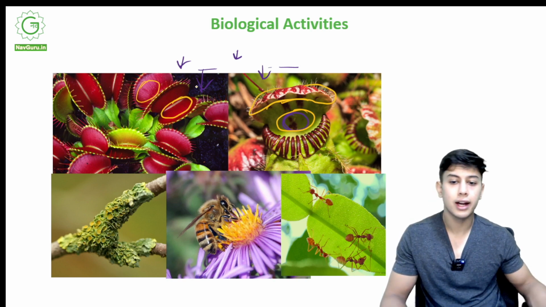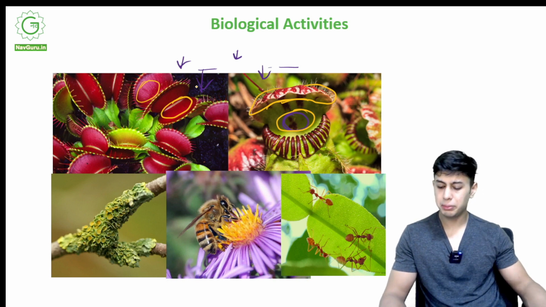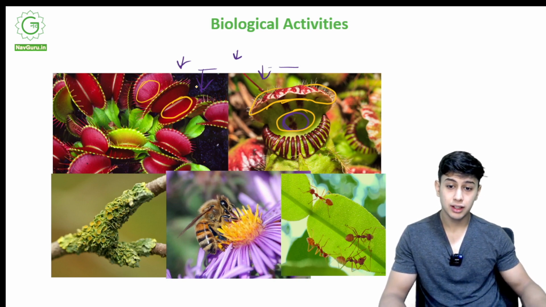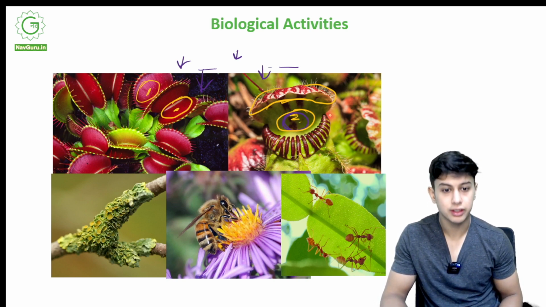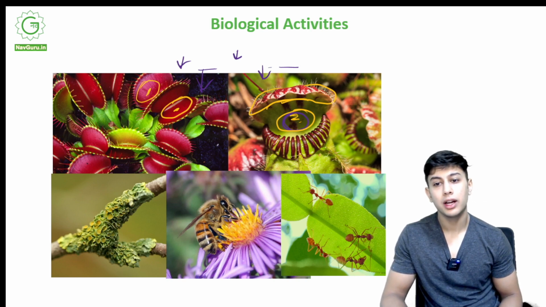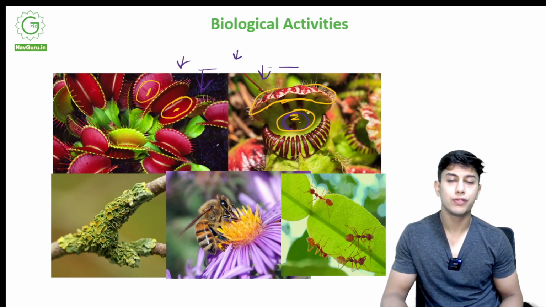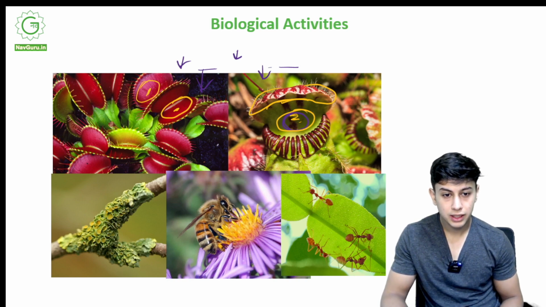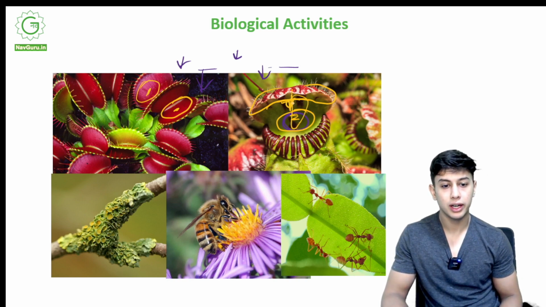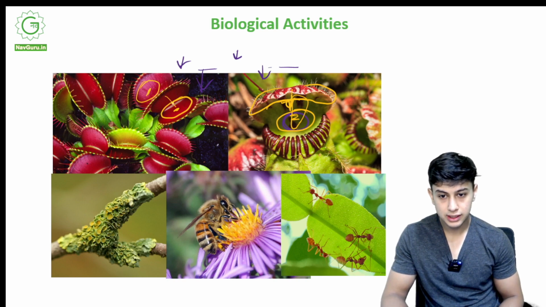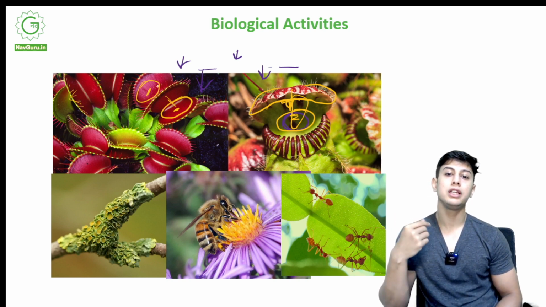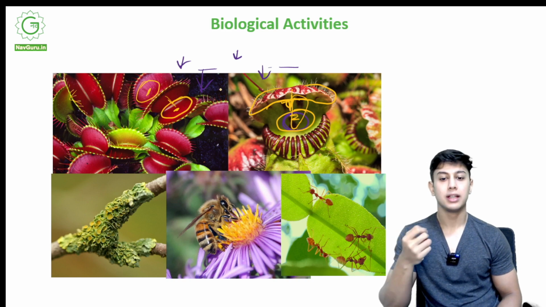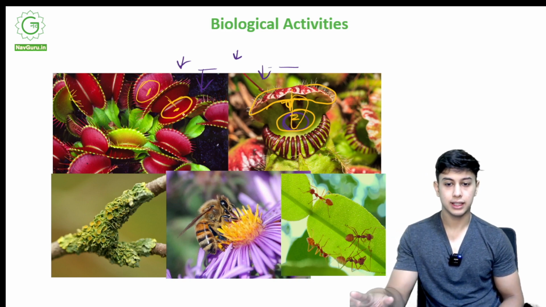These are very attractive to the insect, maybe a fly, maybe a honeybee or anything, and it will come over here. It will try to sit over here, in hope for honey, in hope for some food. What happens is, this will suddenly close. This trap, you see the spikes and all, this will suddenly close, like a jaw, it will close, and this plant will release juices, enzymes that will digest that insect. All right,